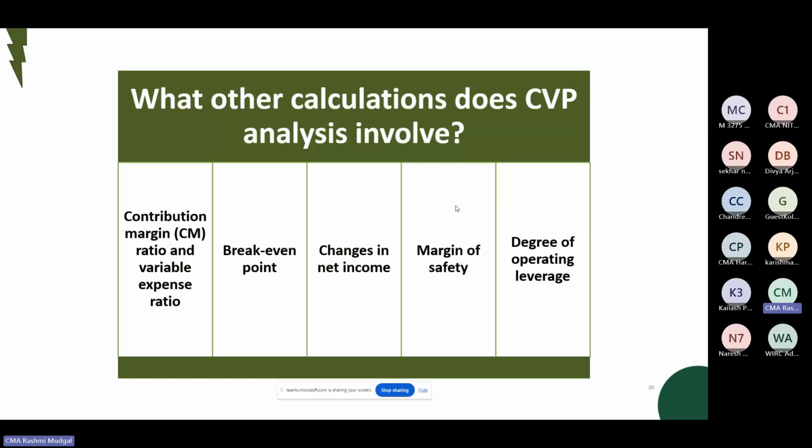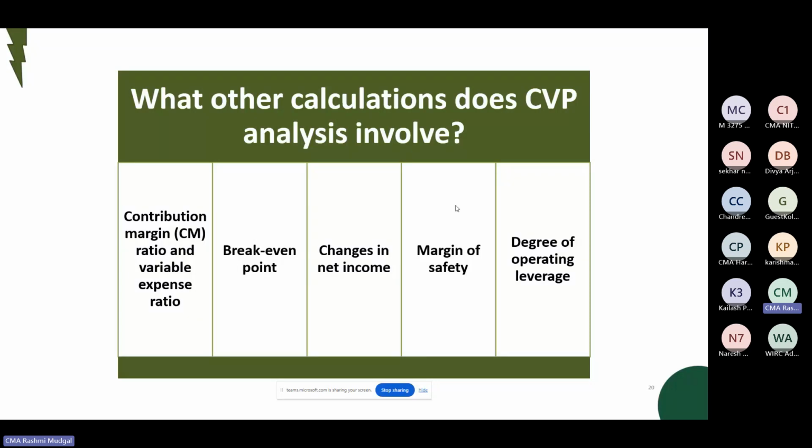Degree of operating leverage. Here I see what is my capacity, what I am utilizing, what if I can work at 60%, what if I can work at 70%. It is not a key that I will work at my 100% capacity only. But if there is no demand, there is no sale, then how am I able to operate at 100%? If I am operating at 100%, it means I am increasing my inventory, and increasing my inventory will cause an increase in my storage keeping cost also. So the CVP analysis involves these 5 factors.